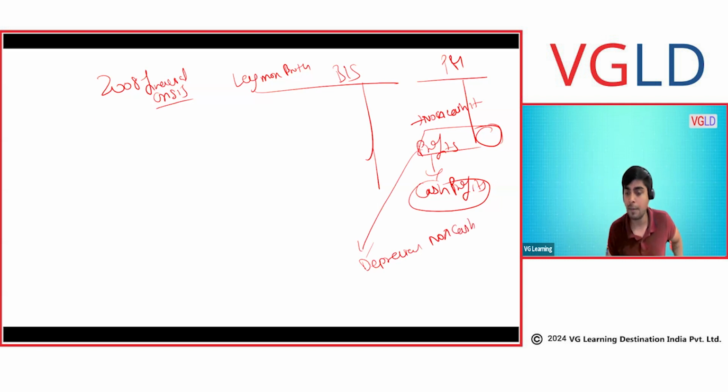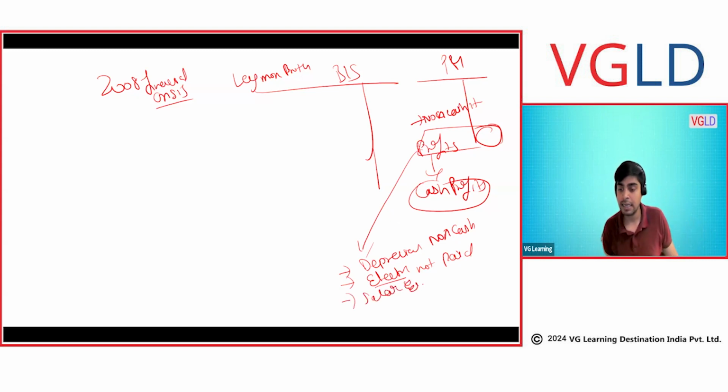In case you are not aware about depreciation, no worries. Let's talk about electricity. Not paid, but incurred. We get a monthly electricity bill, but as per the accounting concept, you're supposed to book the electricity expense, whether you have paid or not. Similarly, salary expense. Let's say you have not paid the wages to your workers. Even though you have not paid them, you have incurred the salary expense. So you are supposed to book them.